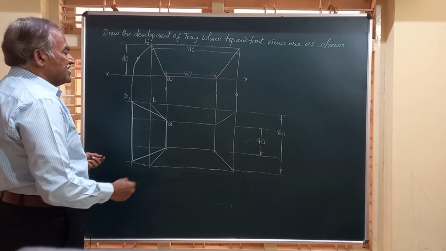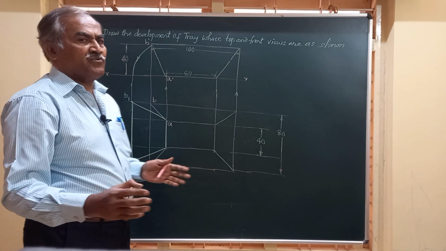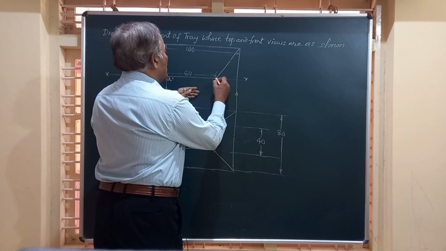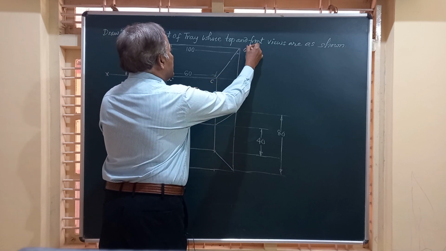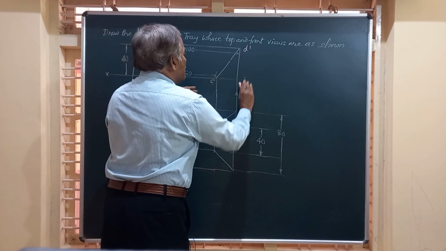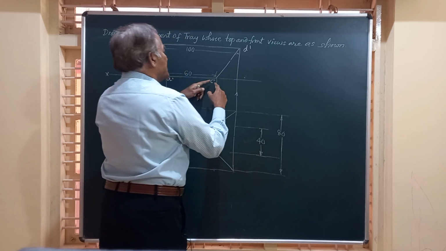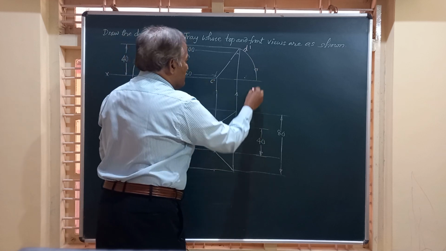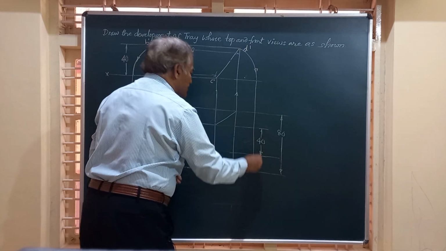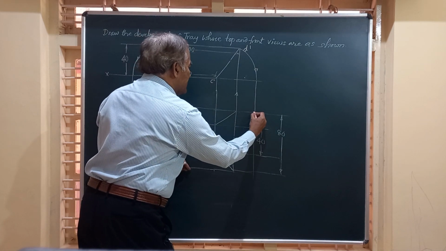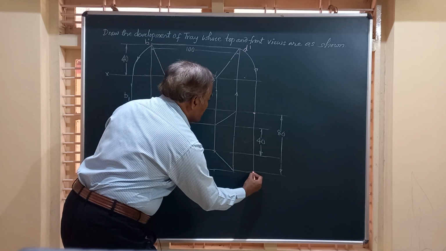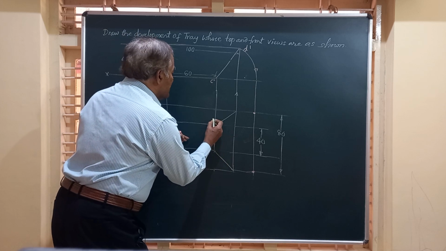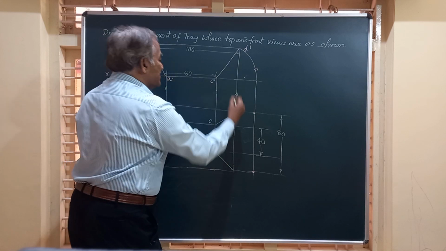Friends, similarly for the other end also, we can follow the same principle and obtain the development. For example, friends, if I call this as CD, that is C dash D dash, friends, I am going to make it horizontal with C dash as center, C dash D dash as radius. I am going to strike an arc. From there I bring it downwards straight, and I get on this locus a point here, another point here, and I am going to join these two, these corners. That is, say this is C and this is D here,